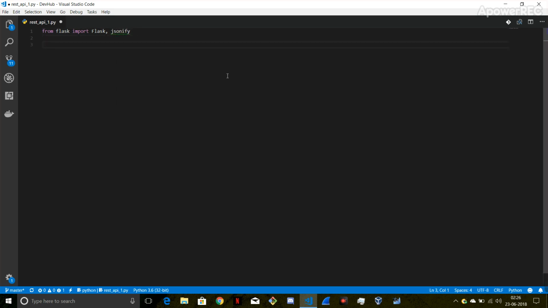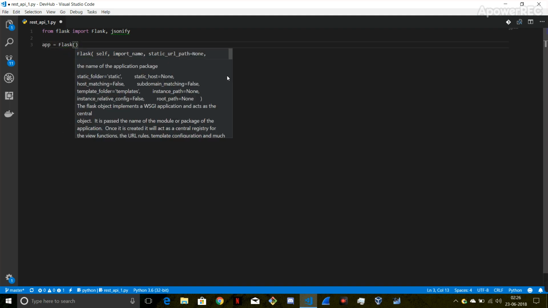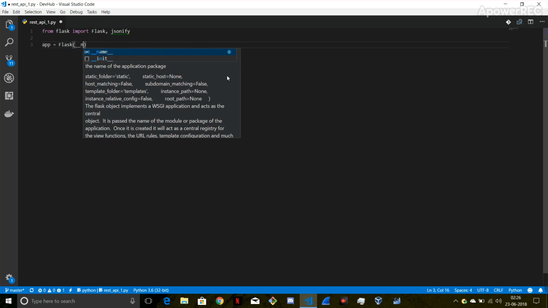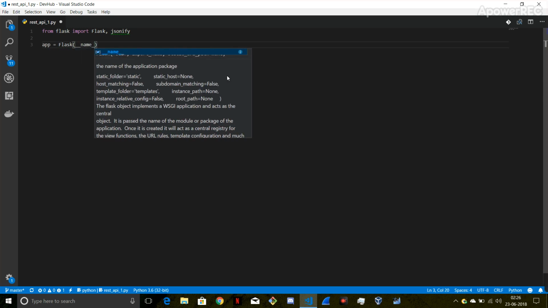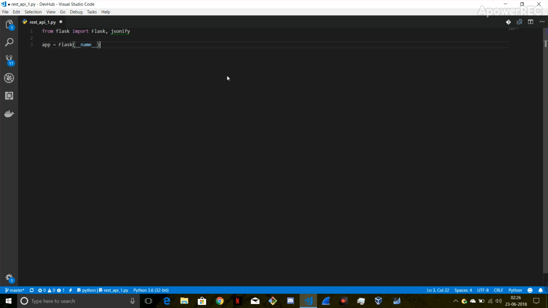and you must now create an instance of the Flask class. I'll be naming that instance app. So app equals Flask(__name__). Now this __name__ is like a placeholder. So after this,